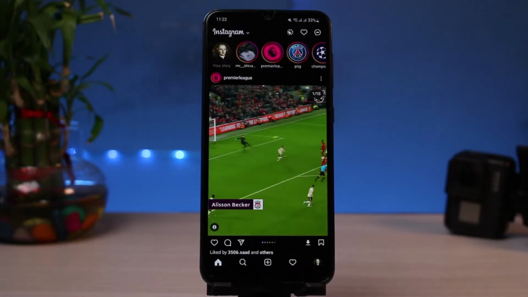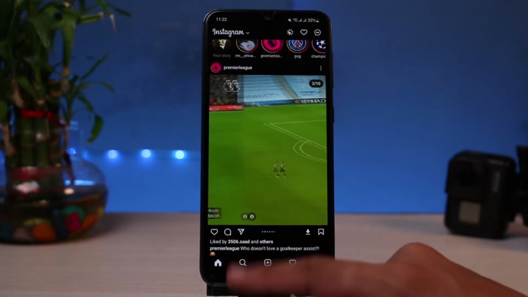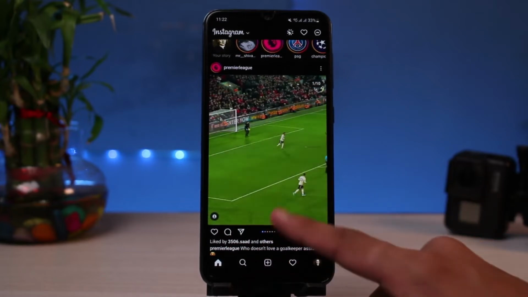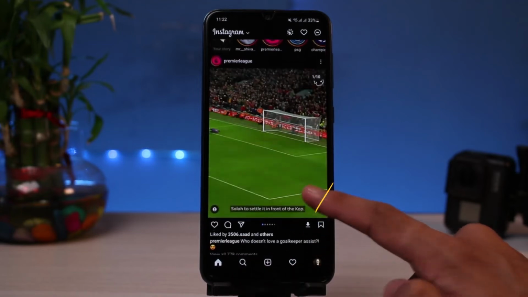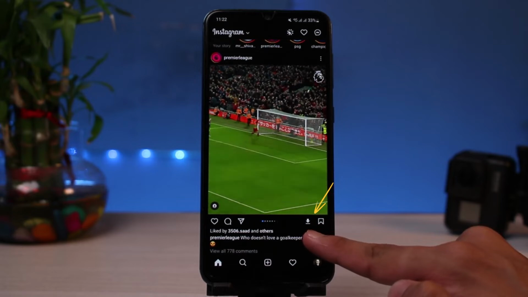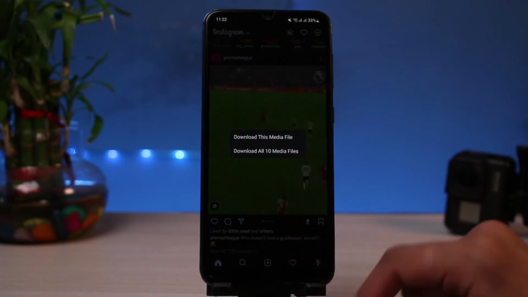After you are logged in, let's say you want to download this particular video. As you can see, you have got a bunch of videos in this section. Let me go ahead and try to download this one. In order to download it, at the bottom right corner you can see this little download-like down arrow icon, and all you have to do is simply tap on this down arrow icon,